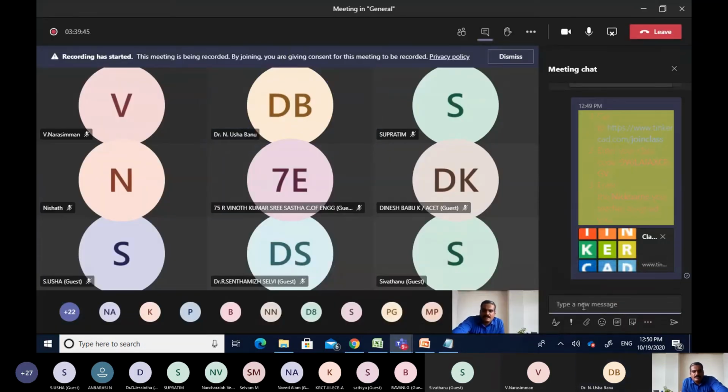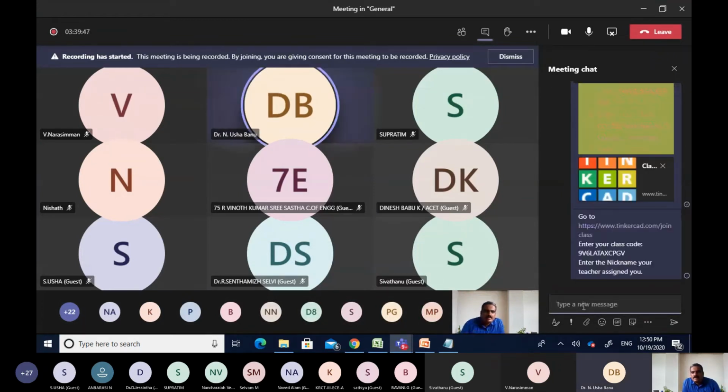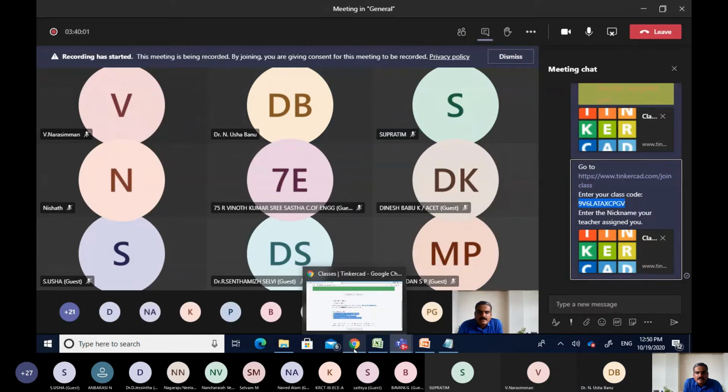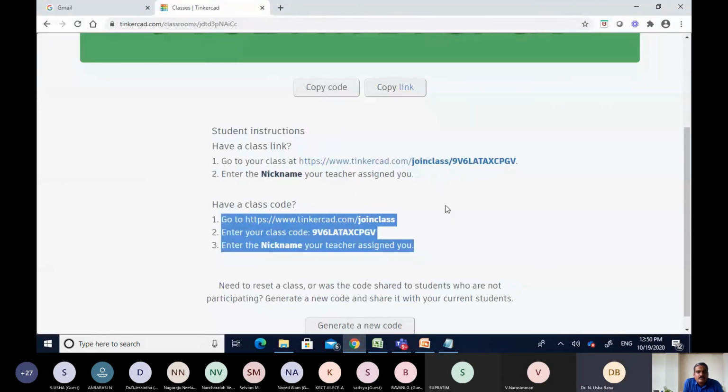So I am again posting it. Yeah. So we have to click this link and we have to enter this class code, right? So I will be copying the class code, right? Yeah. So now I will log in into student account, right?